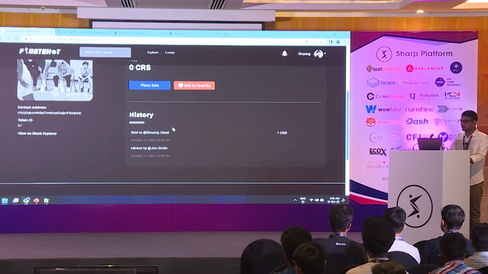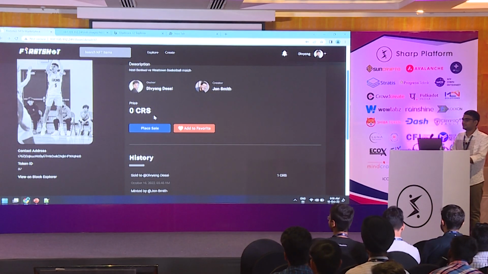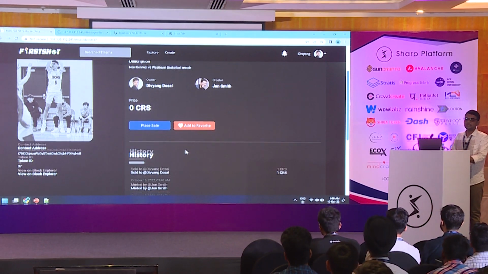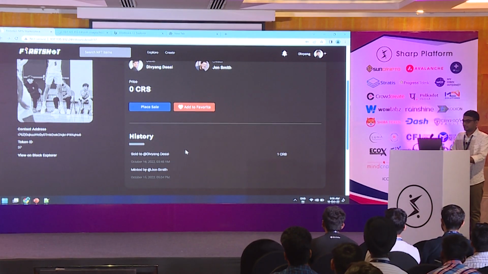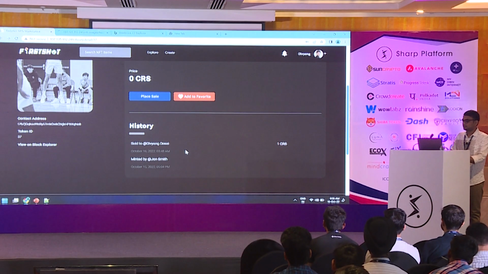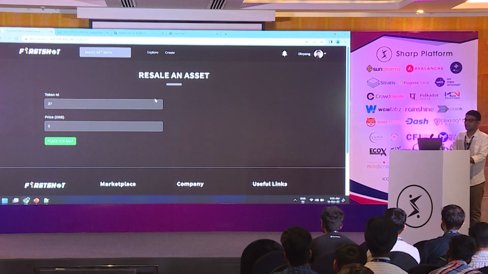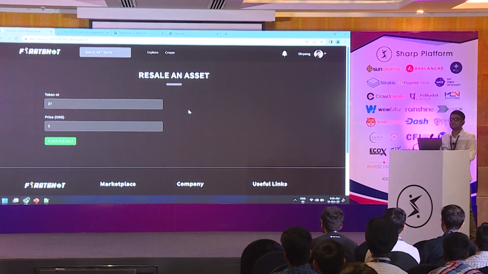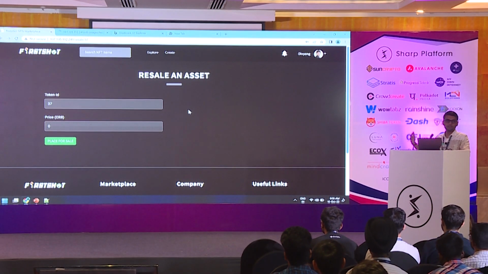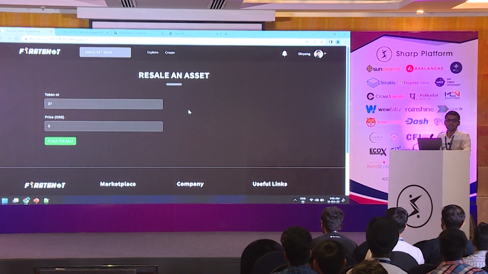You can see that now the token price is 0 CRS, meaning I'm owning that token. And I can now place it for sale. For example, I bought it for 1 CRS, now I want to sell it at a different price, 10 CRS or other. I can simply add the price and sell it. So this is the buying and selling flow from the user side.